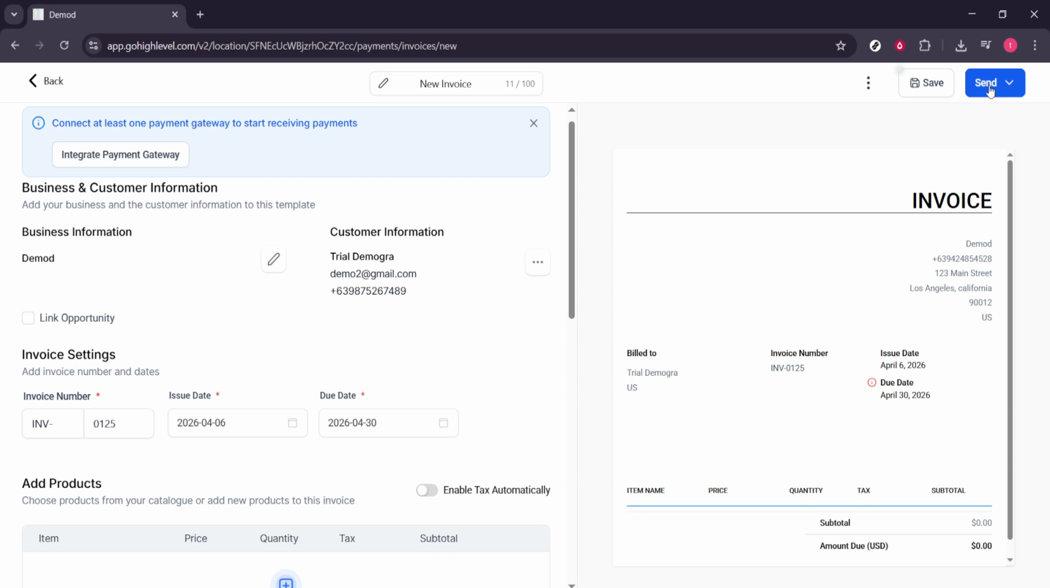That's it. Your invoice is created, configured, and sent. Follow these same steps for each new client or project to keep your billing organized and your cash flow